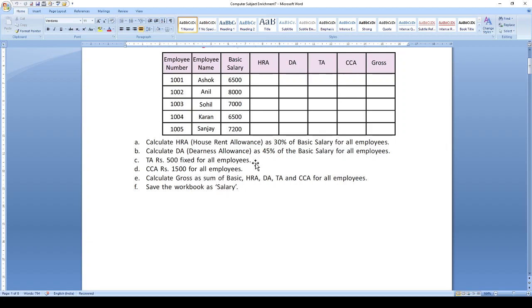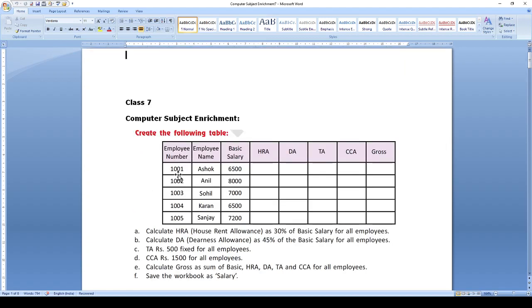And gross is the sum of basic, HRA, DA, TA and CCA for all the employees. And lastly, after calculating all the fields, you have to add up to find the gross salary of each employee. So this is your question and is given as a subject enrichment work.